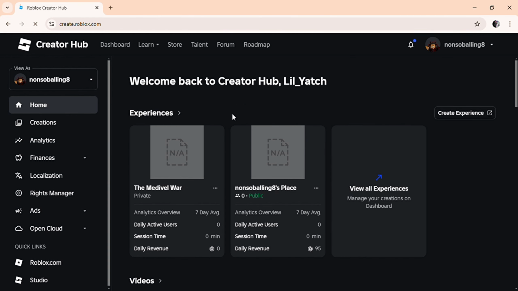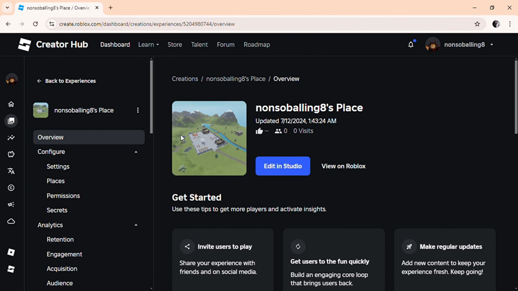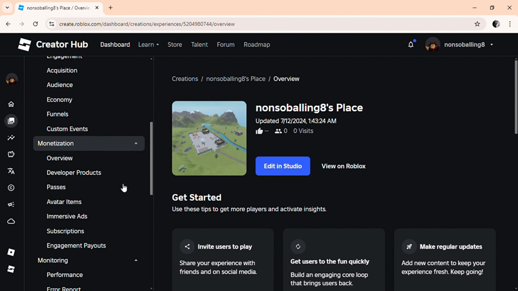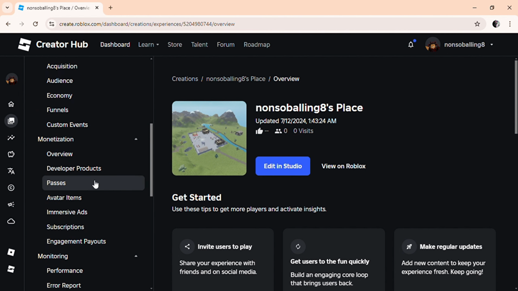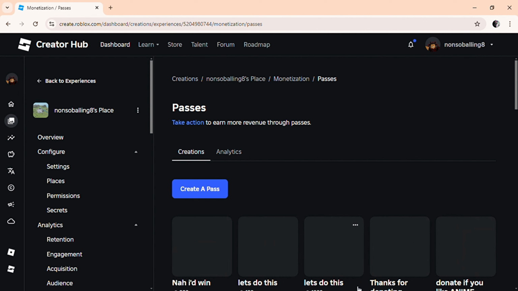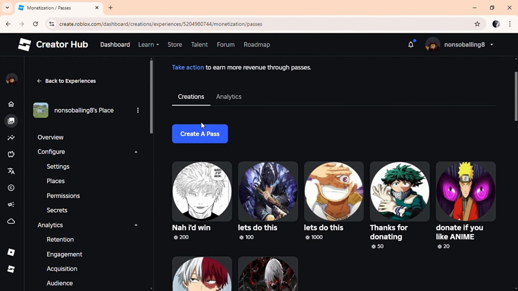Once you've clicked that Create button, it's going to show you this tab about experiences. Tap one of the experiences. If you have two or one, really just tap one of the experiences. Once you've tapped on that experience, it's gonna show you this tab. So once you've seen that tab, you're gonna scroll down here until you see this icon, passes. So once you're seeing passes, what you want to do is tap that,